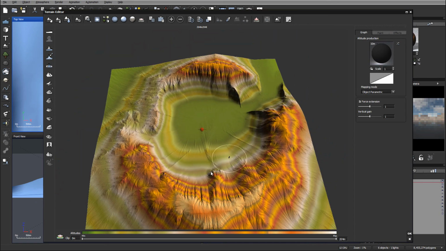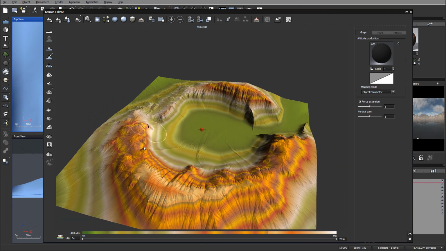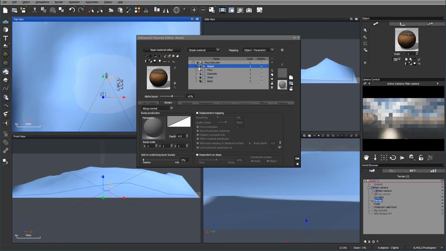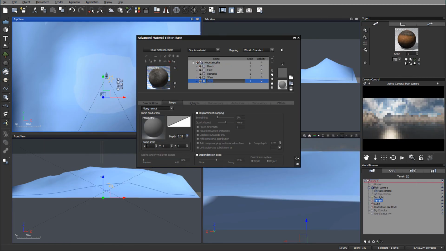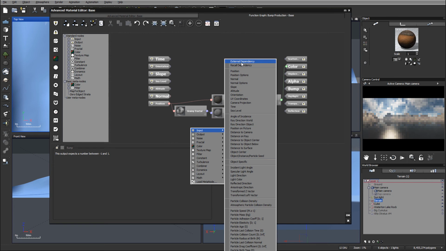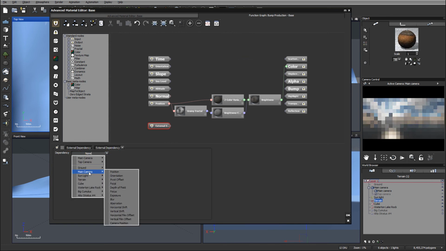And if you purchase the tutorials, this scenery will be included with the tutorials, so you can play around. You can see right here we already pre-created some maps. But if we look in the properties, maybe on a base, the bump map set, if it's gray, it still doesn't matter. But for example, if it's set to 2.5, we can go inside the function editor and input. Let's go to external dependency. Set this to our main camera